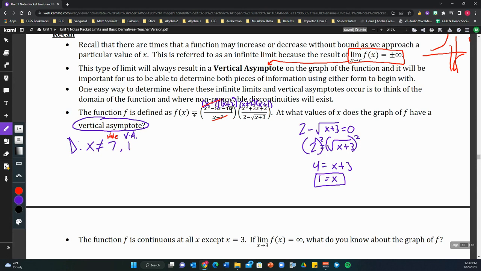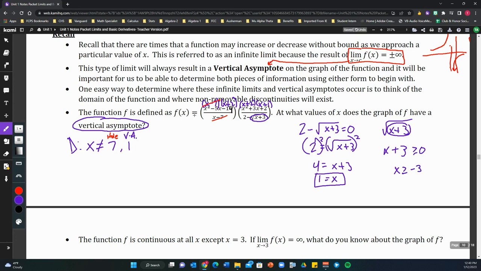asymptote on this graph. Now, to fully explore the domain, just to take this another step further, because this radical expression is a part of this function, it wouldn't matter where it shows up in the function. If radicals including variables inside are used, we have to consider that with every radical of an even power, or even root in this case, the inside has to remain positive or 0. So we have to explore what values of x break that. In this case, x plus 3 always has to be non-negative. So in other words, x always has to be greater than or equal to